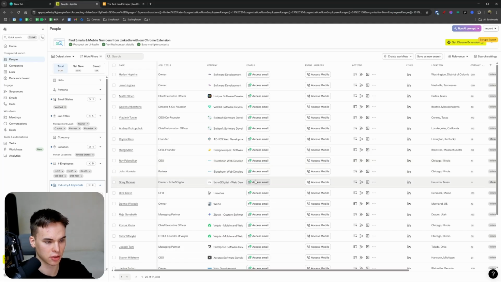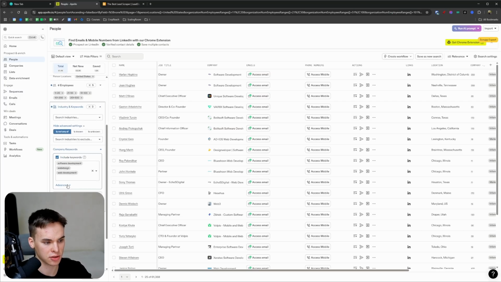But firstly, the problem with this method, right? This keyword feature sucks. It has improved a lot. As you can see, you can see what it filters for, right? So company name, whether or not it has this in the company name. As you can see, we're looking for software development companies, web design companies, web development companies. But what it actually does, it gives us companies who have the name software, web development, or just web design